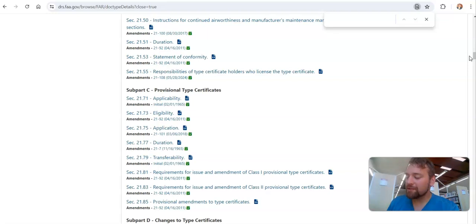Which of the following statements is correct? A, the owner must obtain a special flight permit. B, the aircraft may be flown without restriction up to 10 hours to reach another maintenance base. Or C, the owner must obtain a restricted category type certificate. The answer to this you can find in